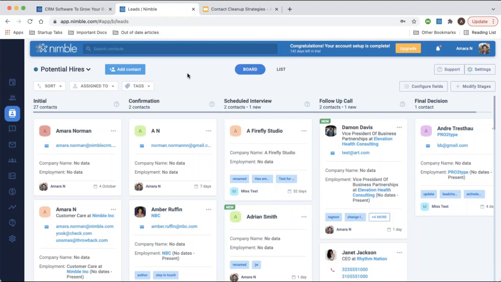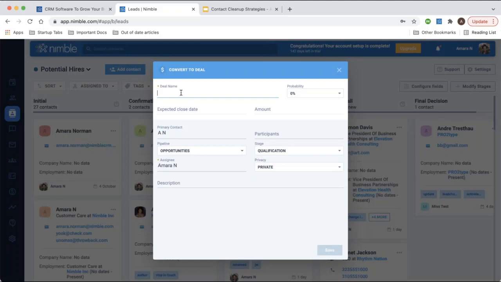So this will help you sort of manage that before you want to add them to a deal pipeline, which is a separate pipeline here in Nimble. It'll help you store your pre-qualified leads. And once you decide they're qualified, you can easily go ahead and convert them to deals by just clicking these three little dots on any of your contacts. You'll click convert to deal. You'll notice the contact's already been added, and this will give you the opportunity to go ahead and change that